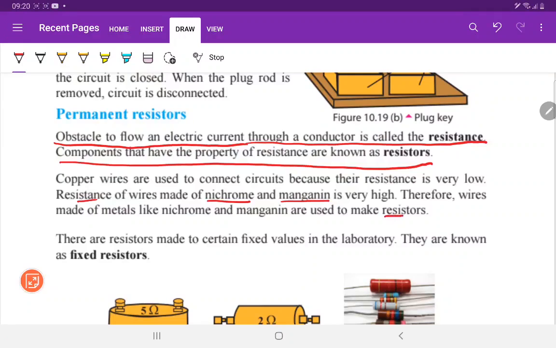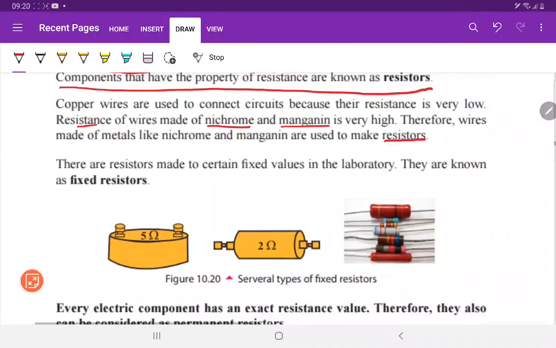So what are the elements used to make resistors? Nichrome and manganese. Okay, so there are resistors made to certain fixed values in the laboratory. They are known as fixed resistors. I have shown these types of resistors to you all in our classroom. So these are called fixed resistors